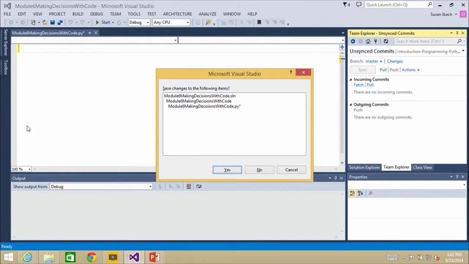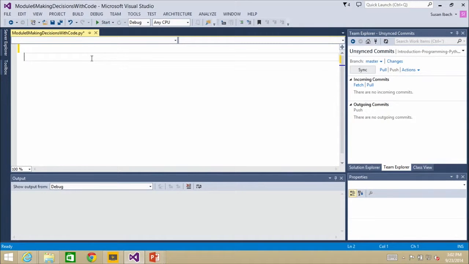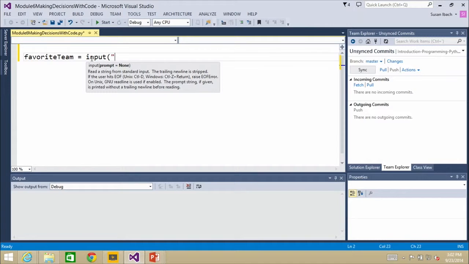All right, so let's take a look at that in terms of code, because you actually brought up an interesting scenario there, Christopher, of what if I do want multiple lines of code executed? So let's try that out. Whoops, cancel. Sorry, didn't mean to do that. All right, so let's go write some code. And what I'm going to do is say, let's see, favorite team, based on the conversations earlier, input, what is your favorite?